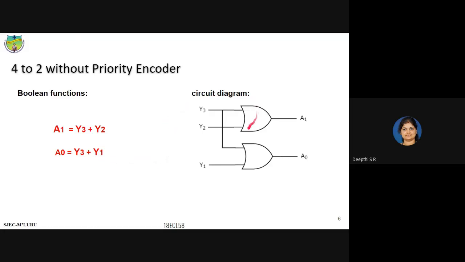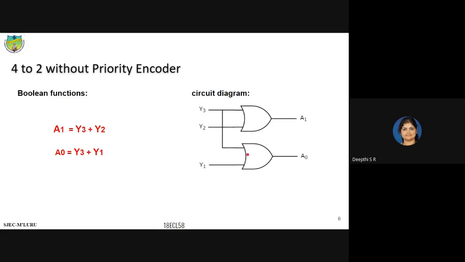And this is the circuit diagram for this encoder. So you have the OR gate. So using OR gate, you are implementing encoder. So using this circuit diagram, you have studied how to write the gate level code. So in the theory also, in the recording session, I have explained about this. Using the two OR gate, you can write the gate level description for the encoder.